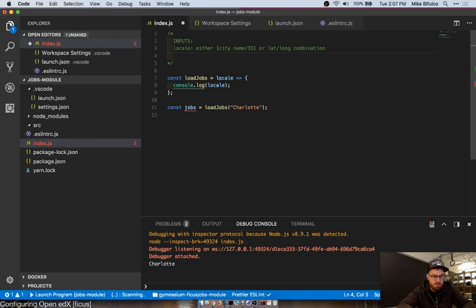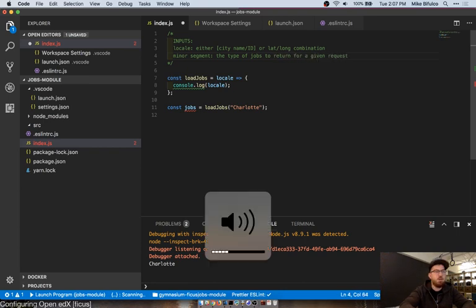We're going to say, so I'm going to use some of our lingo here, minor segment, the specialization of a particular request. So the type of jobs to return for a given request. Oh, that is really annoying.